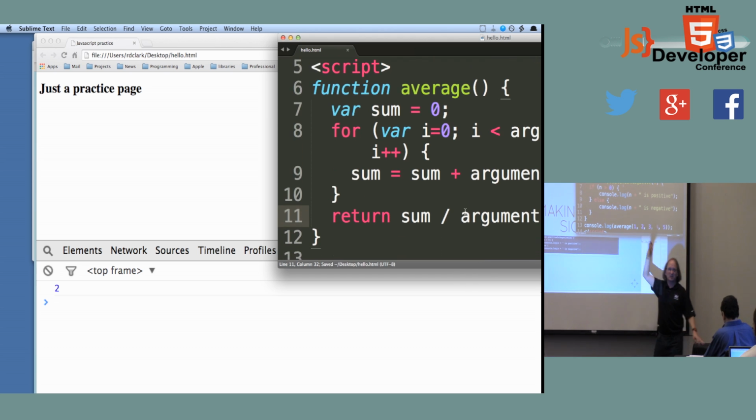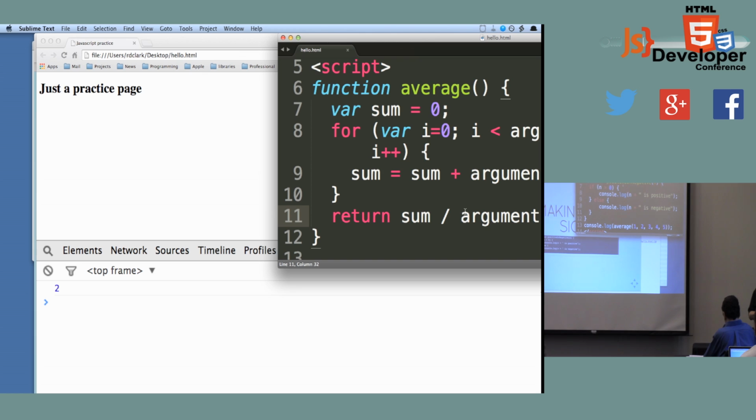You could actually do this, which is start with the number 0. We'll talk about for loops in a minute. Basically, that expression that says for says arguments is a list of numbers. This says look at every number in that list, add them all to the sum, and then return the sum divided by the number of arguments. Okay, if I call this with no arguments, I'm going to get a bad result.